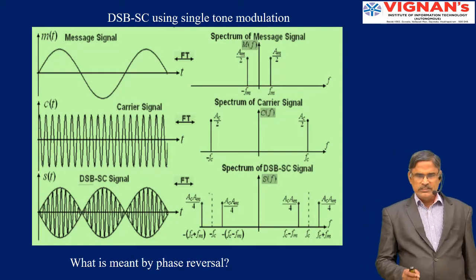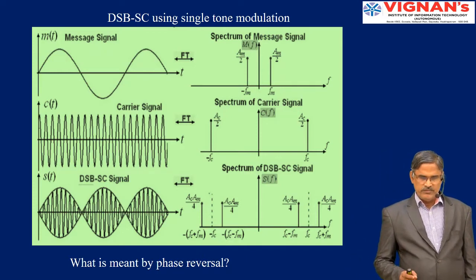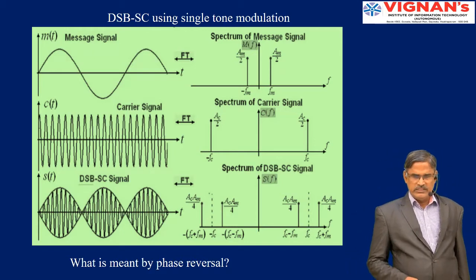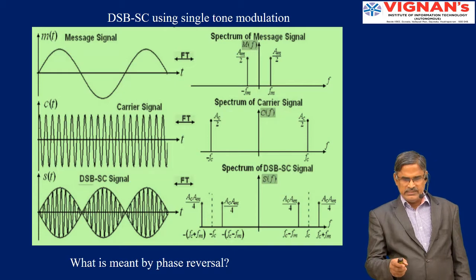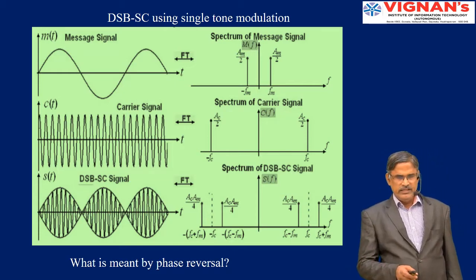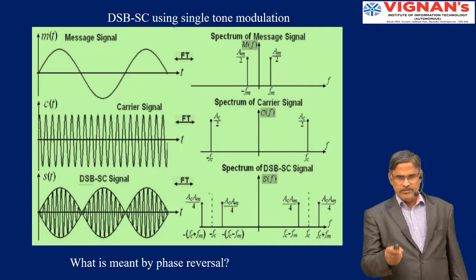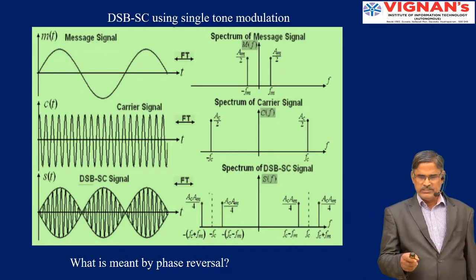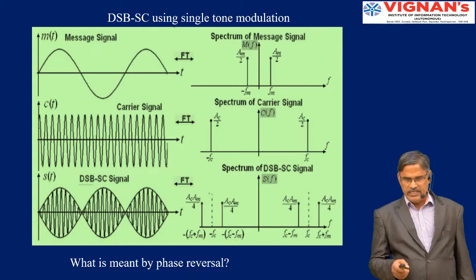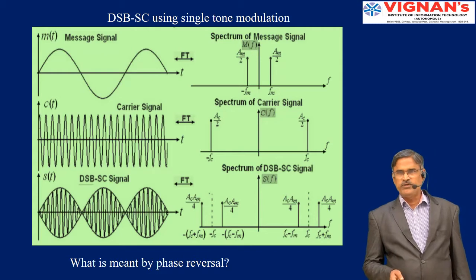Okay, you have seen the time domain representation, the frequency domain representation, and what the phase reversal problem is. In this PPT slide, you are seeing the same thing, but with the frequency axis f. Now you can see the message signal Am cos omega t has a frequency domain representation of Am by 2. The carrier has an impulse strength of Ac by 2. And the product signal has an impulse strength of Ac Am by 4 at frequency Fc plus Fm and minus of Fc plus Fm, etc.